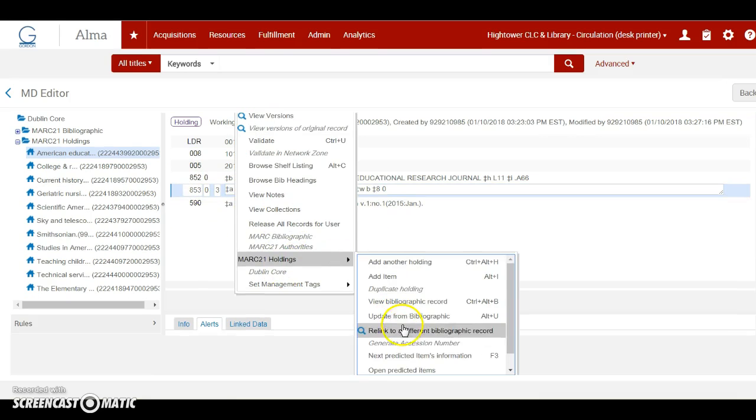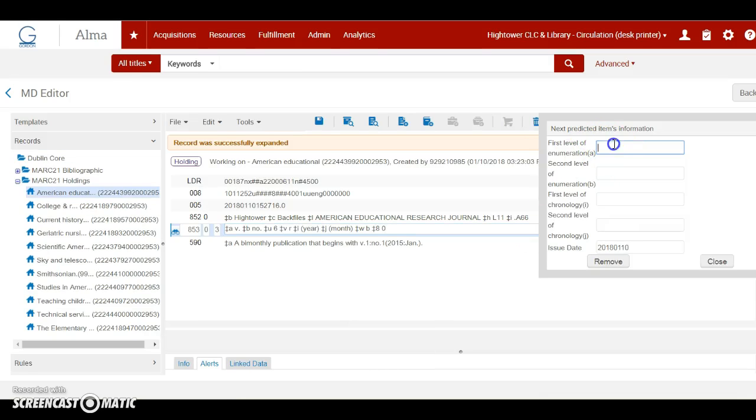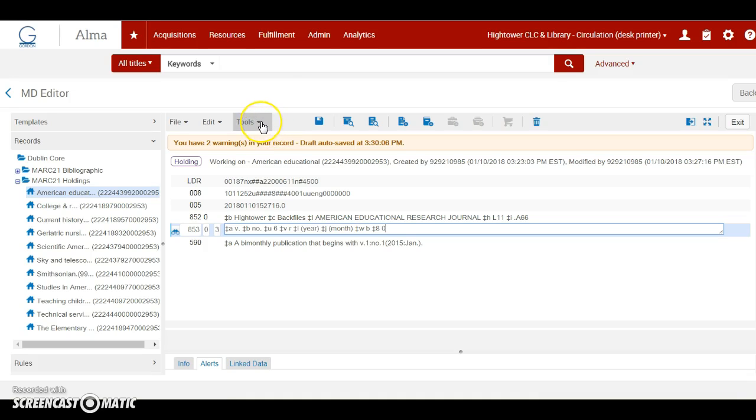And then you're going to select next predicted items information, and the first level is going to be the volume number, and first level of chronology I is going to be the year, and this is the expected receiving date, well, the issue date I have actually, not the receiving date, but the issue date I have is January 10th, and you can edit this, but I don't know exactly what day this is going to come. We're going to click on close, and